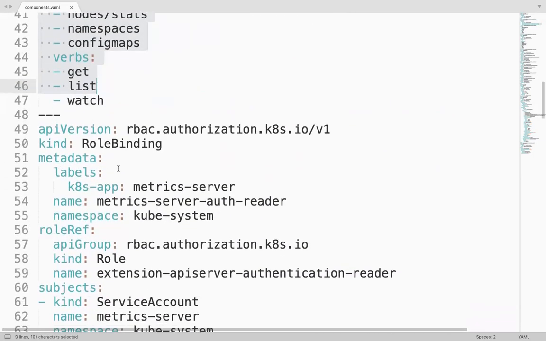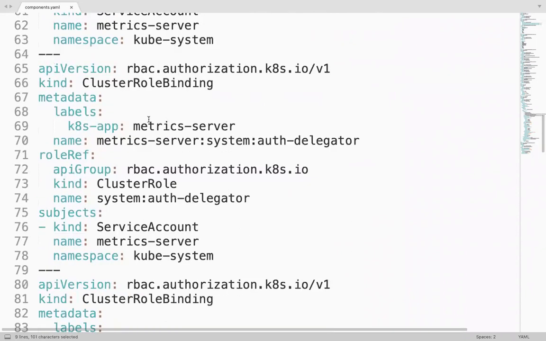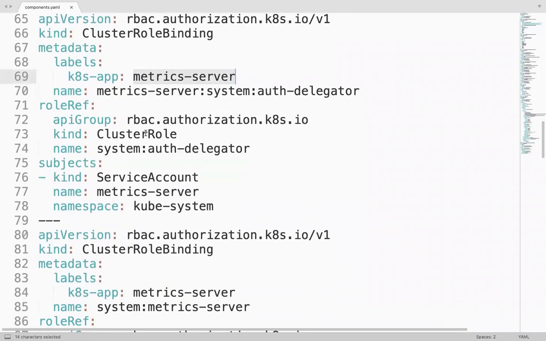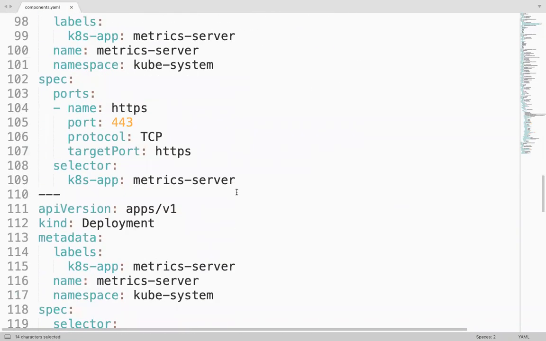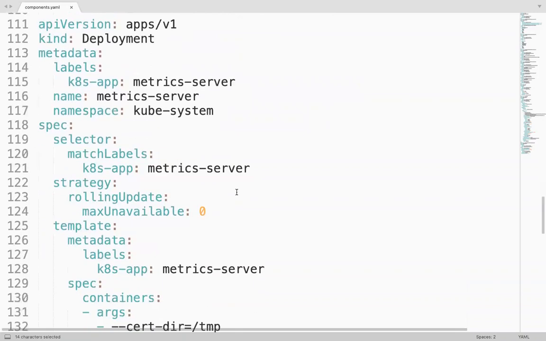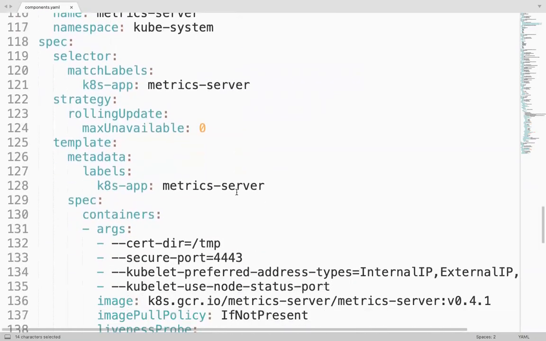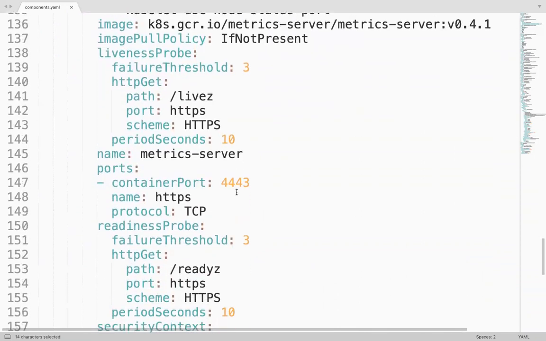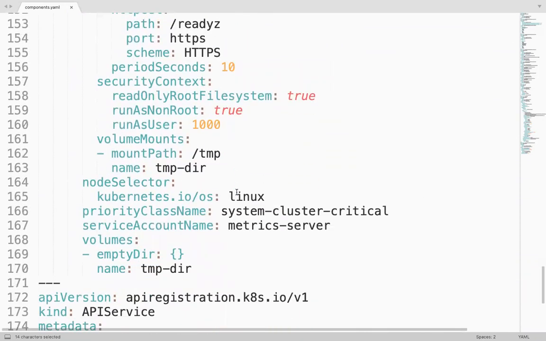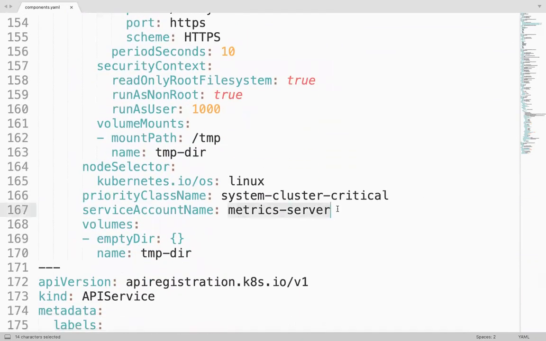And we are binding that role with that service account, and we are using that service account with our pod. When we are deploying, we are mentioning that service account name.